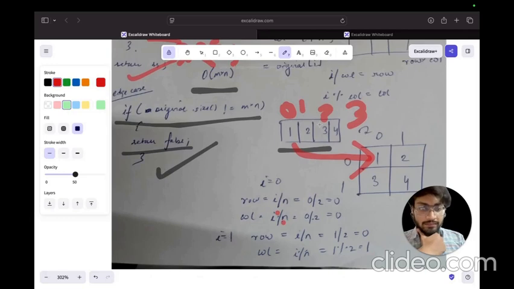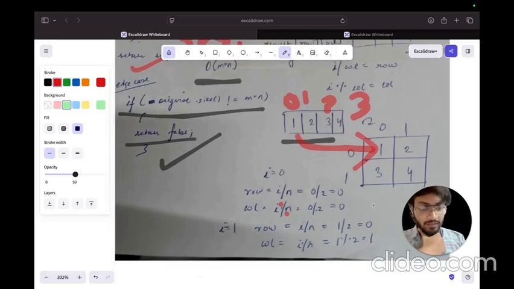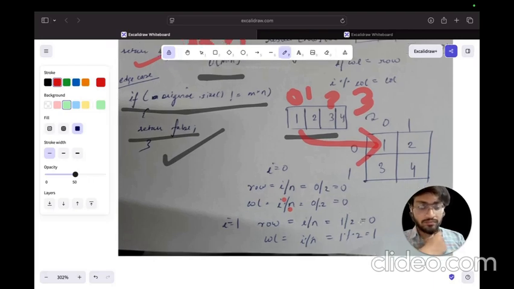अब i अगर 1 है मतलब आपका ये 2 पर जाता है, तो row होगा आपका i upon n which will be 1/2, because ये पहला index है और n 2 है, तो अपना 0 है। So basically row 0 पर जाएगा अपना जो index 1 पर element है, मतलब 2। And column will be i modulo n which will be 1 modulo 2, जो कि आपका 1 आएगा, जो कि first row है, तो 0th row and first column, मतलब आपका